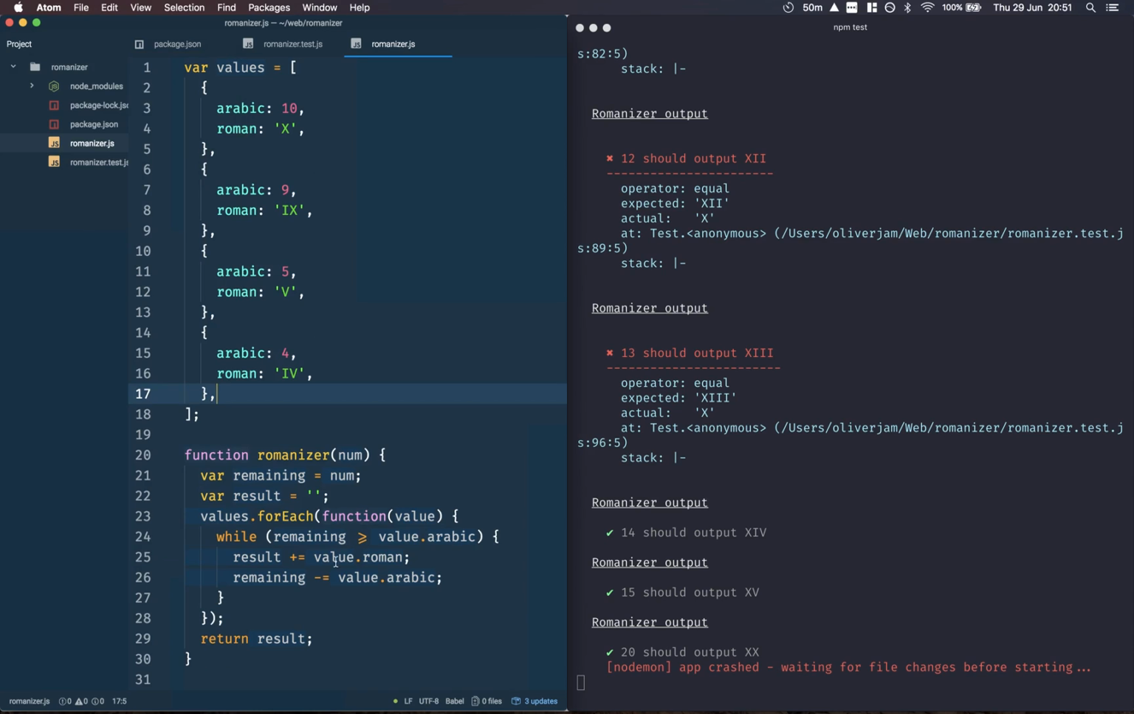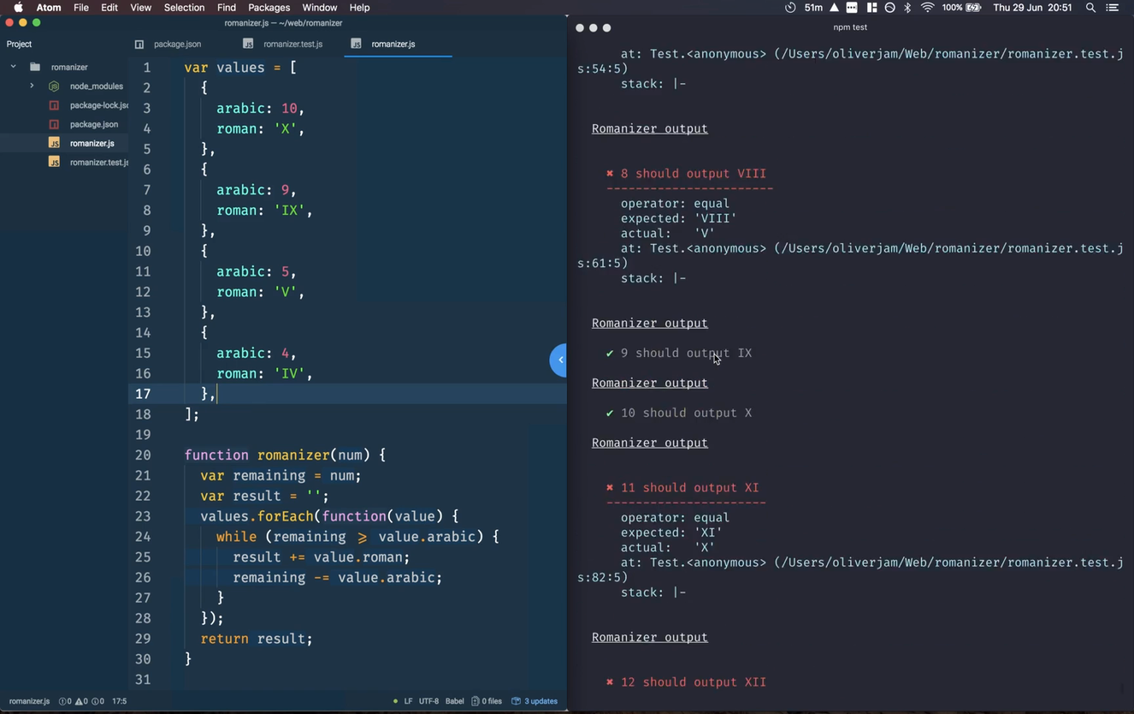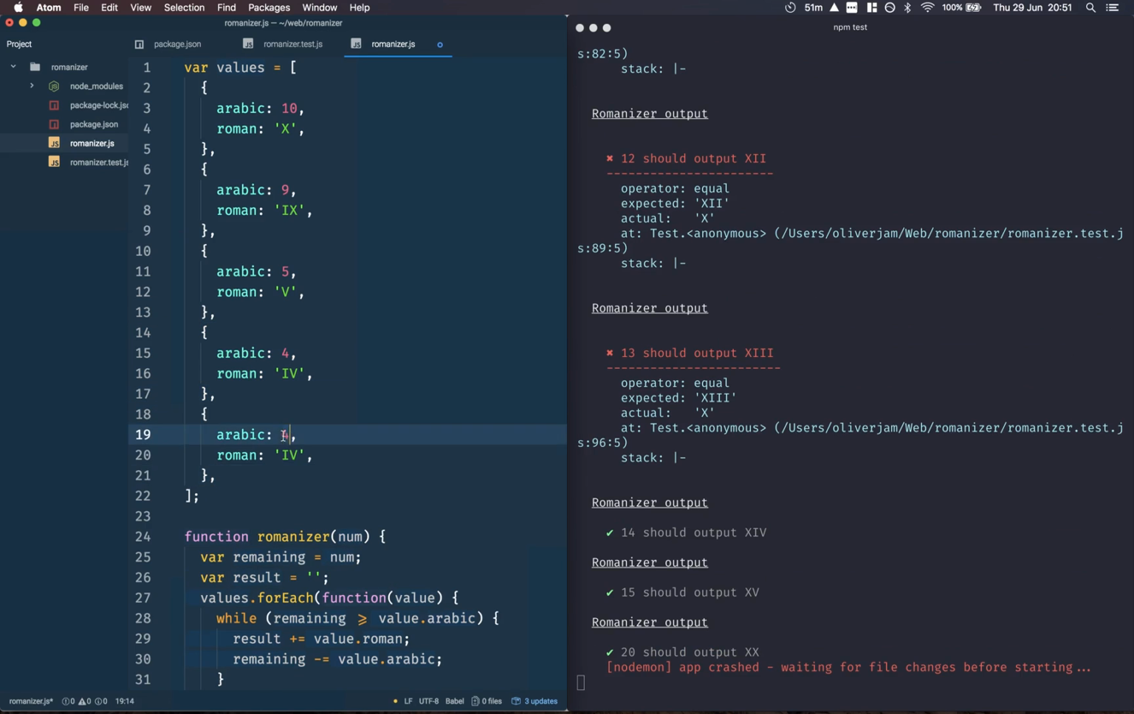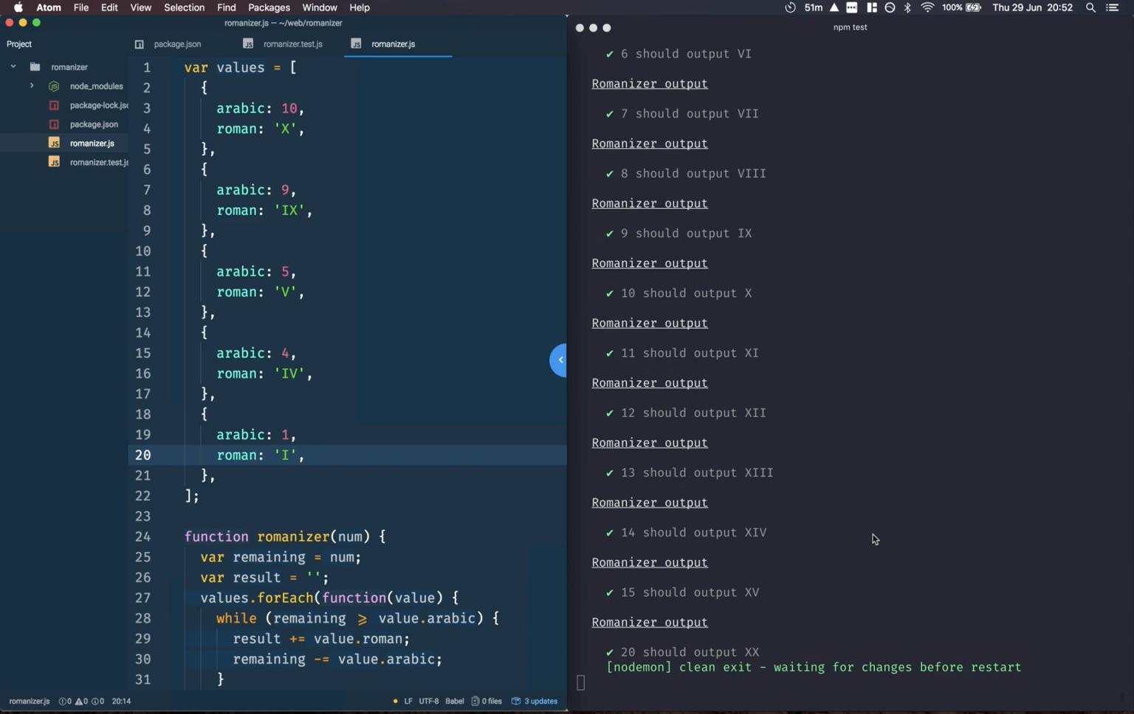Our problem is that we've removed the if one repeat I, but we haven't actually added that value to our array of values here, so there is no way for the function now to repeat i's, which is why we're failing on 12 and 13, and 11, I assume also. Okay, so what we need to do is actually add our 1 values to our array. So we'll have 1 and I,